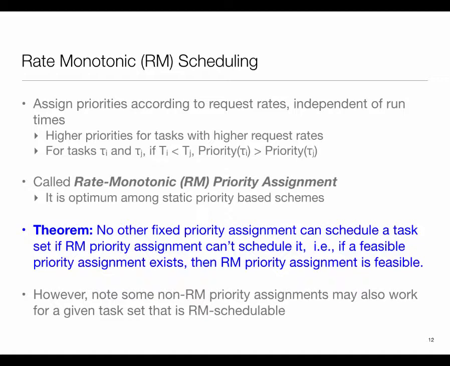If the system is schedulable, then rate monotonic obviously works, but maybe there are other ways of assigning priorities that could also work. They may be better in some regard, maybe they'll consume less energy, but they may also work. So rate monotonic is universal in this regard. If it cannot do it, then nothing else can, within the space of algorithms which assign priorities statically. If you allow algorithms to assign priorities dynamically, then there are better algorithms. But within the space of statically assigned priorities, if rate monotonic cannot, then nothing else can. That's an interesting result.